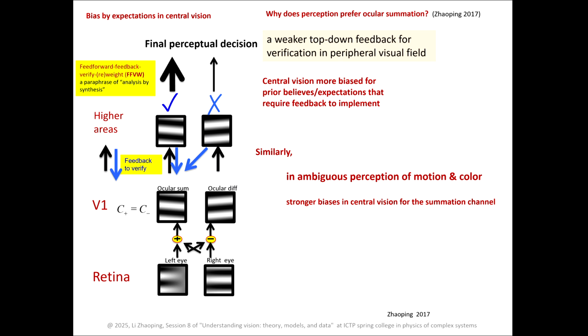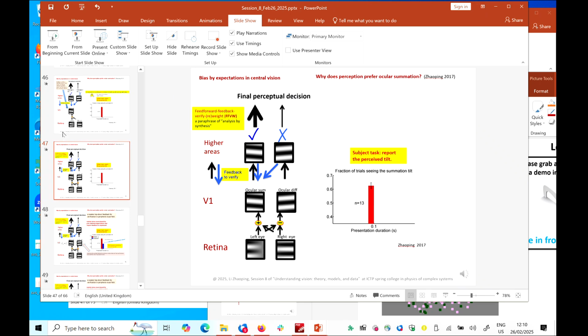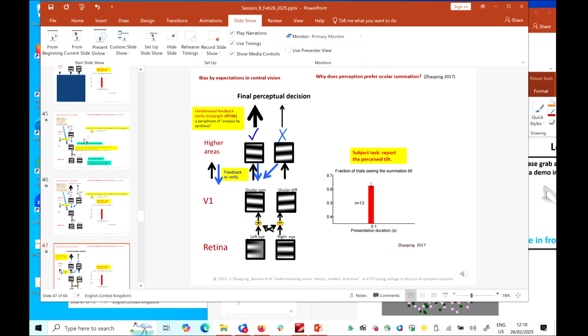Why is it on the summation, or feedback? The reason is, remember, earlier when the central vision has to feed back and find the information, I say, oh, neuron number 10, tell me this, I need some information from neuron number 11. So the central vision needs to feed back for the relevant information. And the most relevant information is the summation channel because it wants to know what the left and right eye input is, but it cannot go all the way to the retina. That's why, yeah? So the feedback, remember, signals visual understanding.